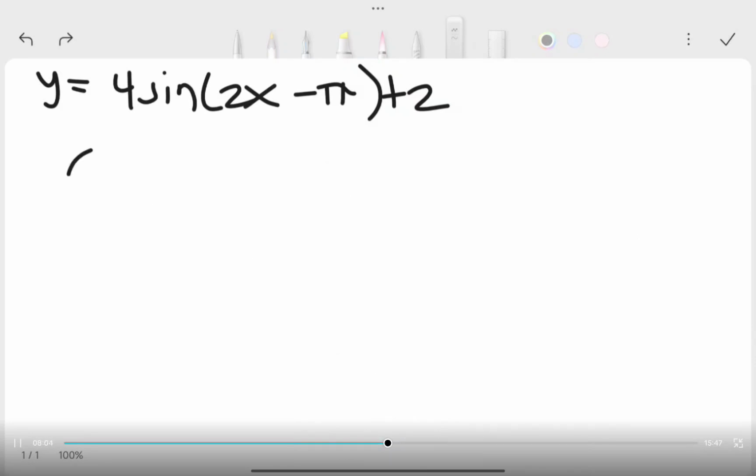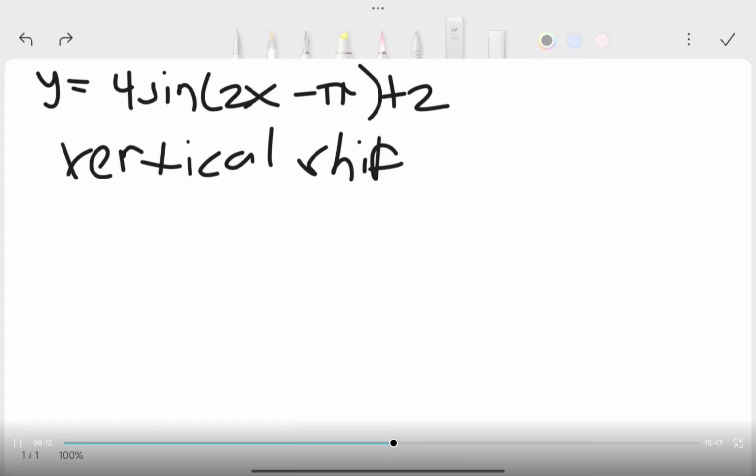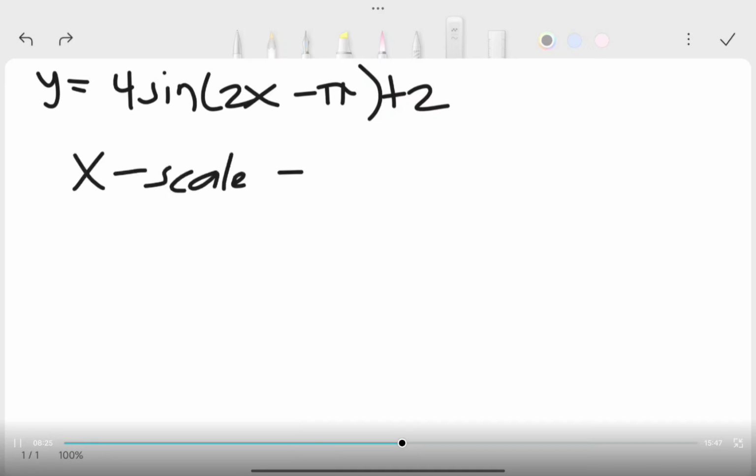So next is the vertical shift or the midline. The vertical shift is positive 2, y is equal to positive 2. So the midline is y is equal to 2. And next is the x scale. Our x scale is period over 4,